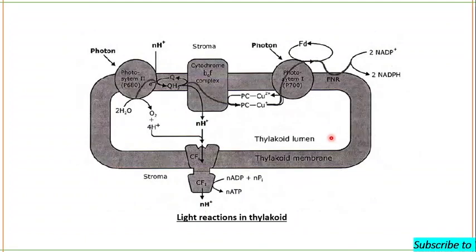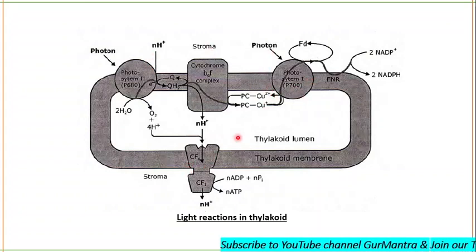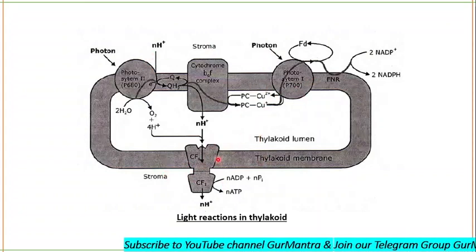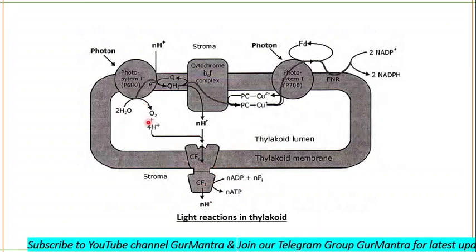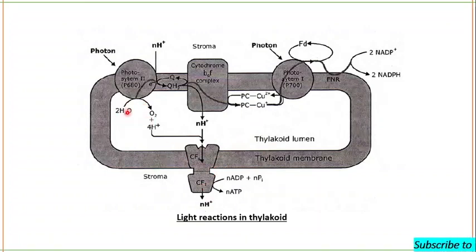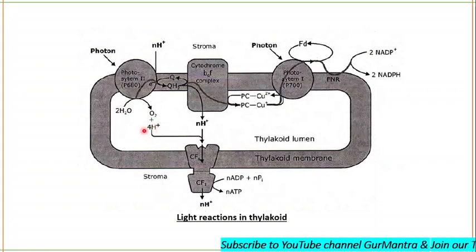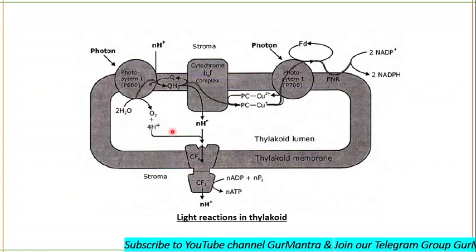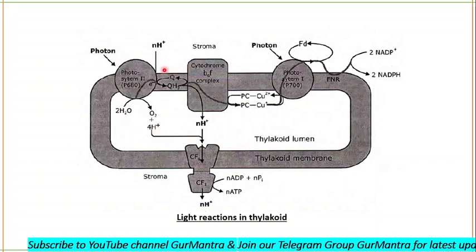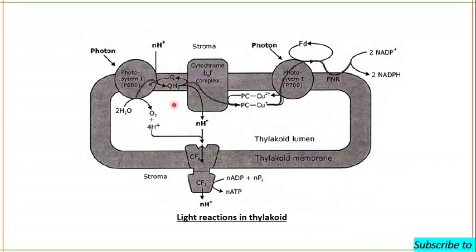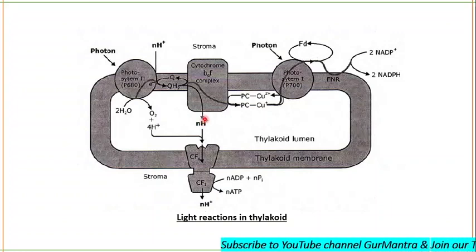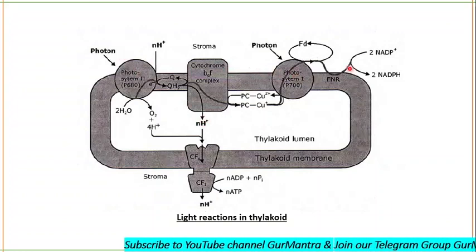Now you see this in the thylakoid membrane, and what is the function of this ATP synthase, CF0-CF1 complex? We know that the water molecule will be split, there will be the formation of oxygen along with 4 protons, which will be released toward the luminal side. And with Q cycle, for 4 electrons, there is the release of 8 protons. This overall process, you know about it.